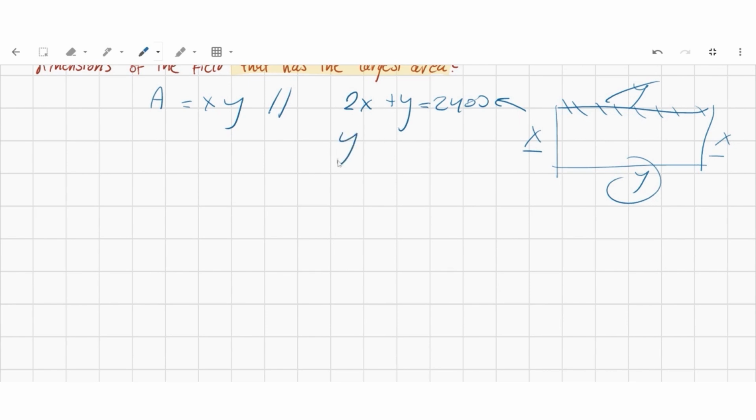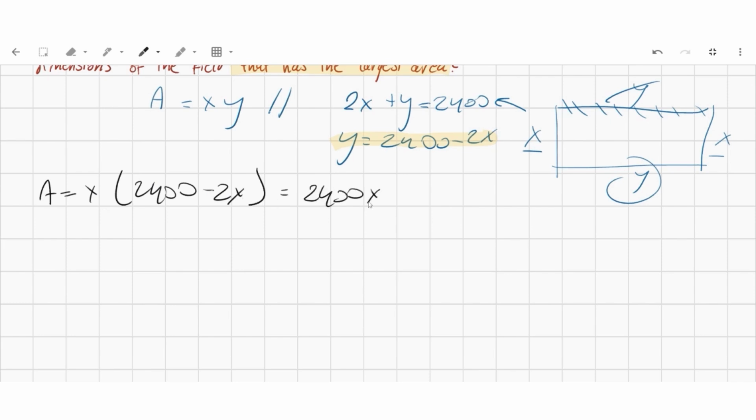So it's going to be y is equal to 2,400 minus 2x. We're going to be working with this equation. Once again, we'll be substituting it into the primary equation. So we have A is equal to x times this equation, which is 2,400 minus 2x, which gives us 2,400x